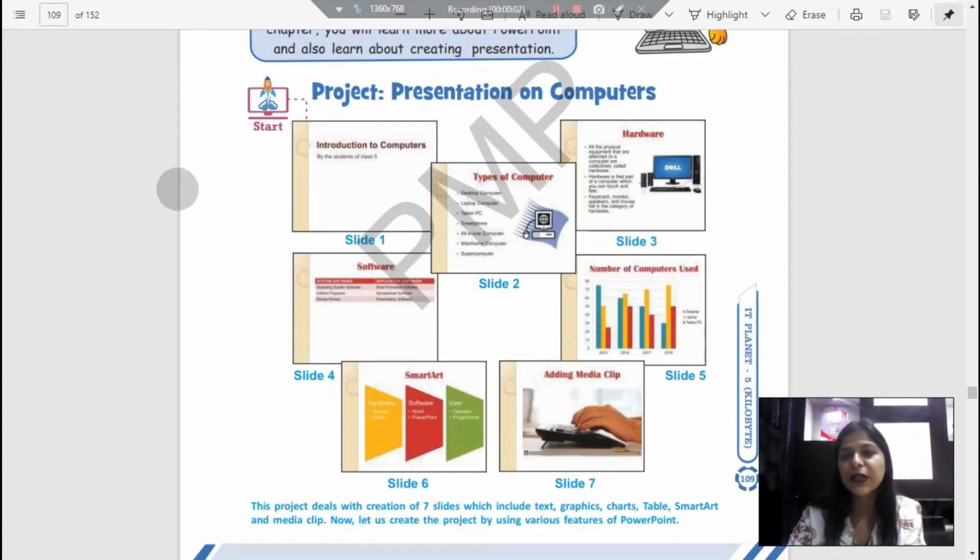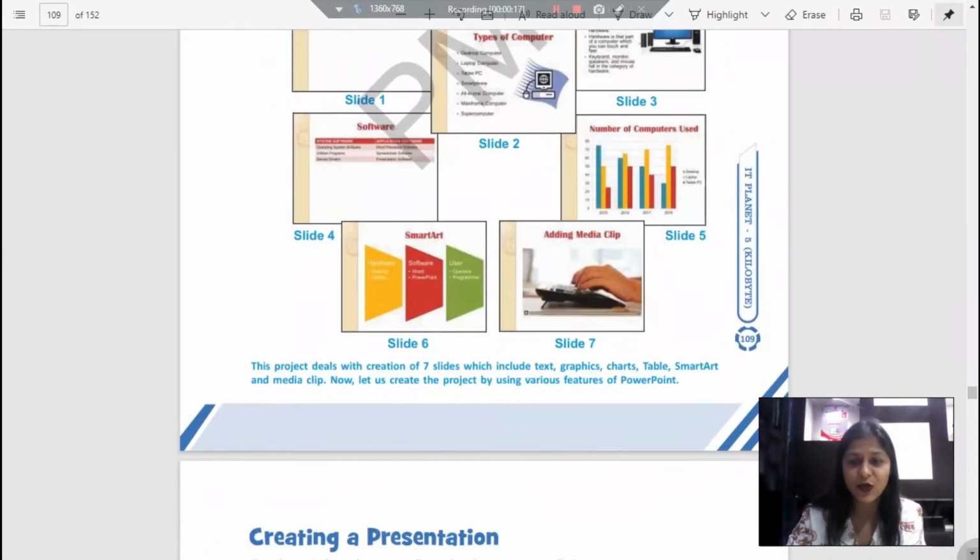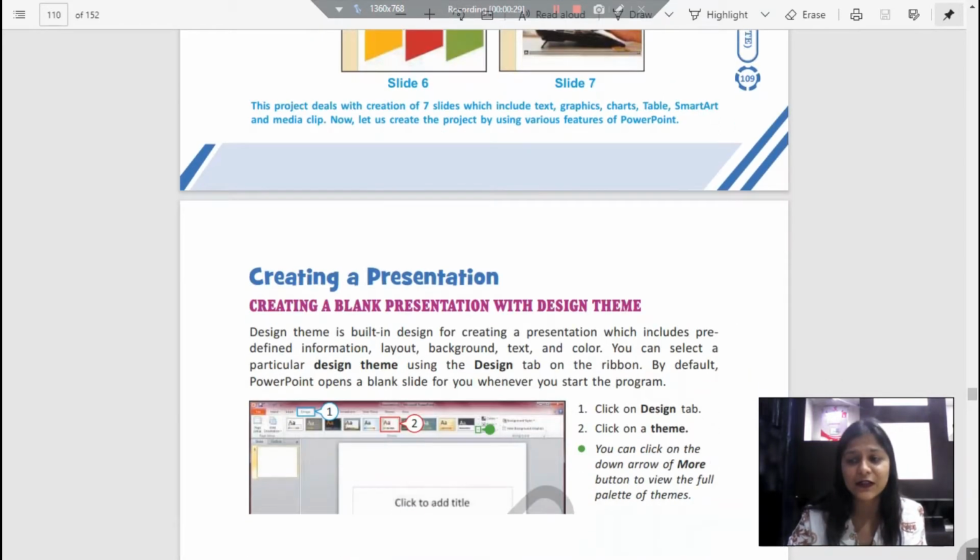We will create this mini project, a presentation on computers, and we'll practice all the features that are included in Microsoft PowerPoint, such as charts, bullet points or SmartArt. So all this we will practice and demonstrate in the presentation software, and I expect the same from you, that you will also practice whatever we do today and so much more on your devices, because nothing on computers can be learned actually if you do not practice for it.